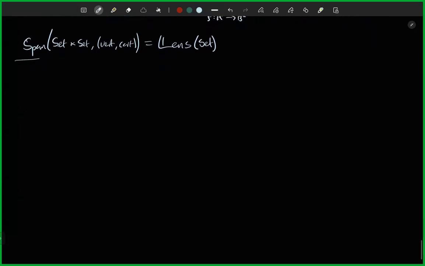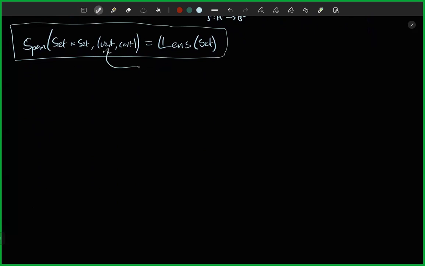Okay, so here's the thing to know. What we used here is that we had these two classes. We had vert and cart were classes of maps in set, stable under pullback along each other,